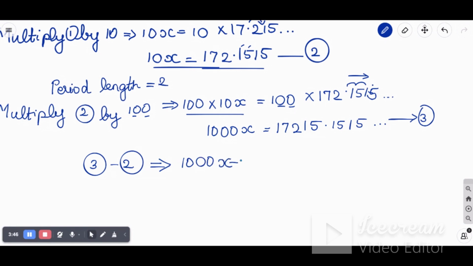1000x minus 10x. What is 1000 minus 10? It is nothing but 990, you will get 990, not 900. Just 10x, not 100x. Make a clear note of this. And then this you have to write as